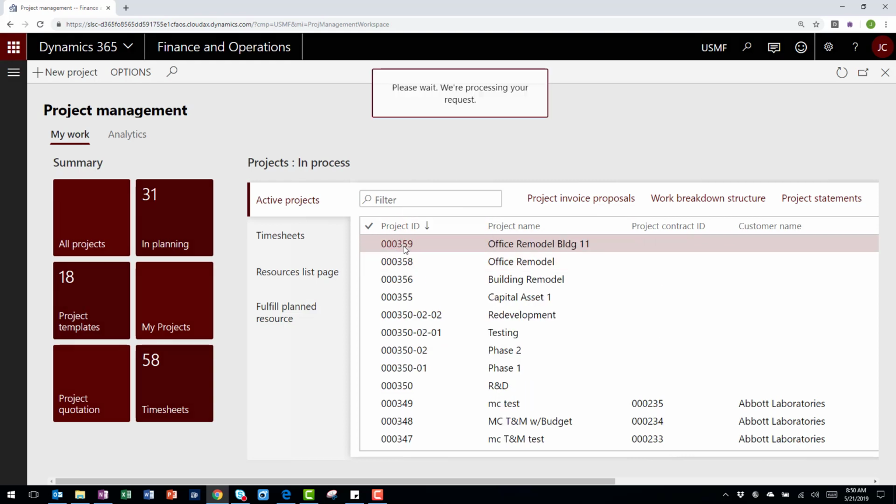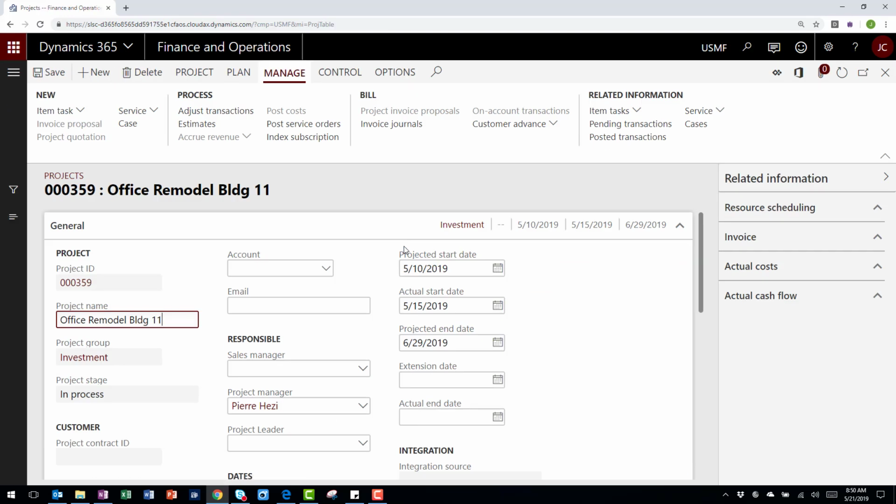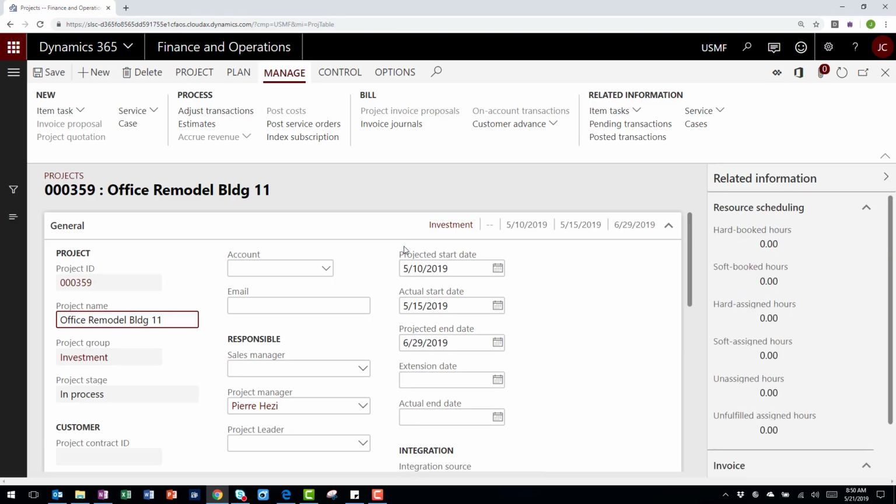When looking at my project, I can see a number of various pieces of information. What type of project it is, what stage the project is in, who's the project manager, as well as start and projected end dates. The project stage and project type are extremely important because they allow and disallow certain functionality, as well as what transactions are allowed. The investment type project will allow me to enter expenses against the project, capture those costs, and then capitalize the